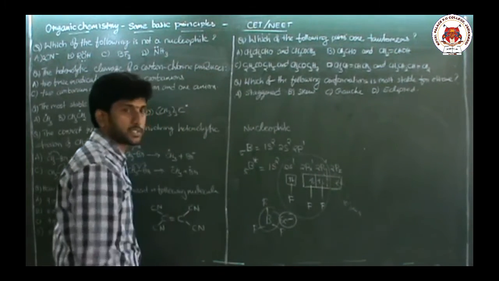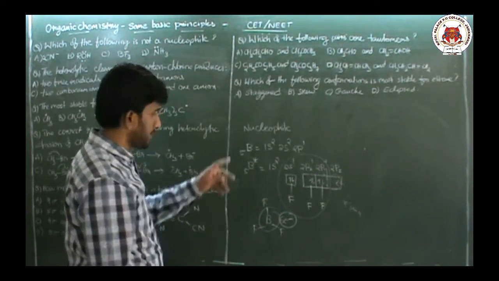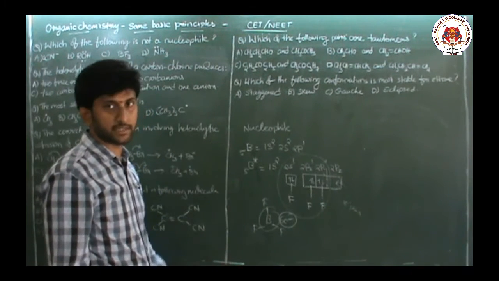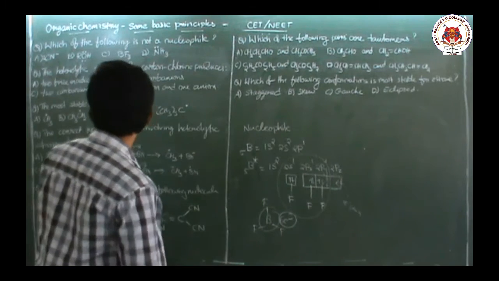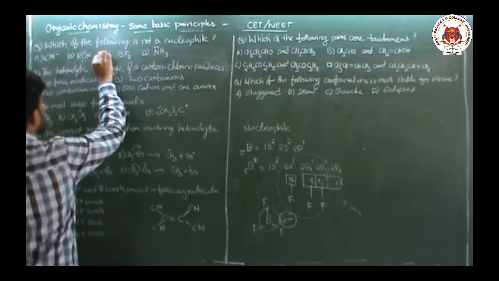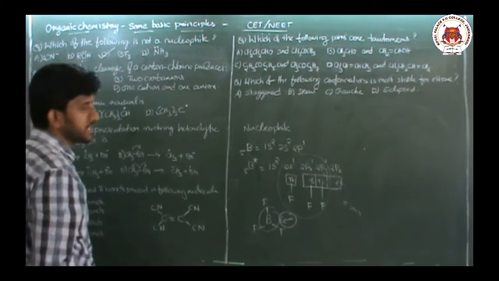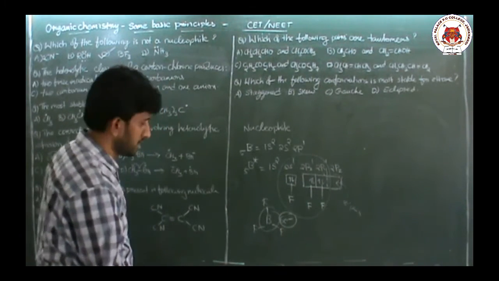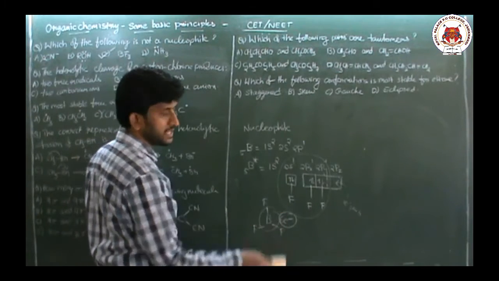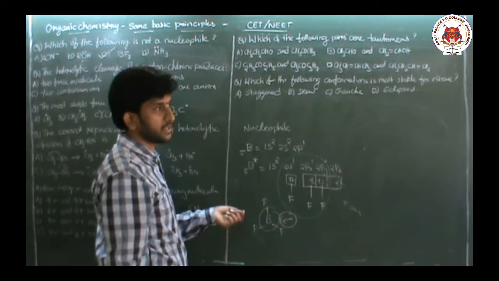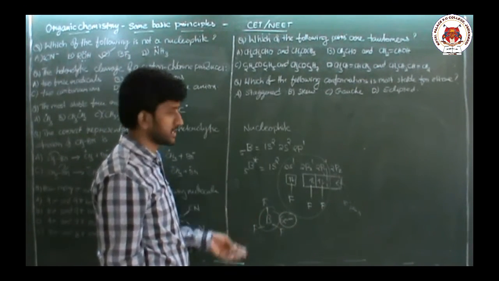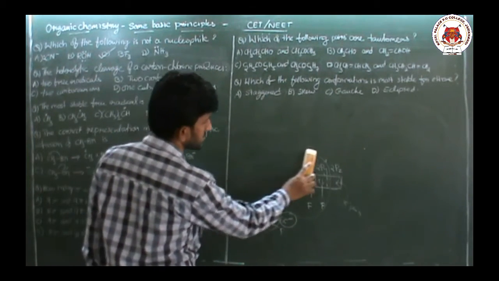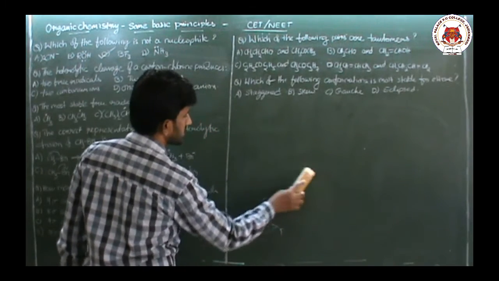Such type of compounds are basically acting as electrophiles or Lewis acids. Okay, so the answer is this one. BF3 cannot act as a nucleophile. It can act as an electrophile. Okay, so you study this example under Lewis acids and Lewis bases. There you will discuss this again. In the acids and bases chapter, it is discussed again.